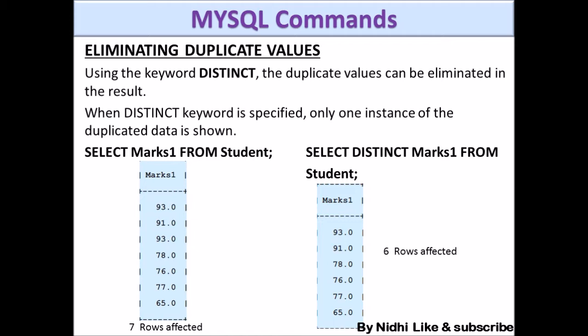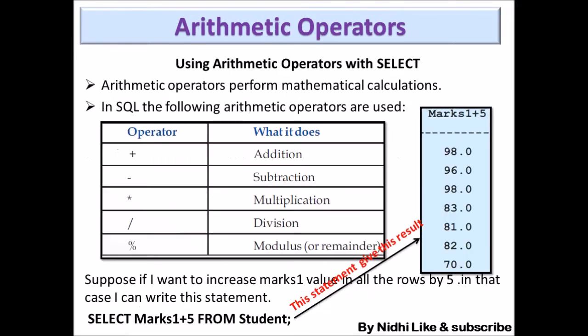Okay, now the next topic is arithmetic operators. We can perform arithmetic operations with select queries. It supports all the arithmetic operators like plus, minus, multiply, divide and modulus. In SQL, arithmetic operators are used for addition, subtraction, multiplication, division and modulus. Modulus means remainder. When you divide something and it is not exactly divisible, a remainder is left. We will not take fractional values, we just take the remainder as the answer. That is known as modulus.